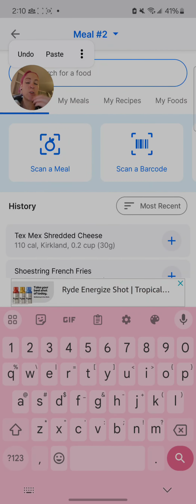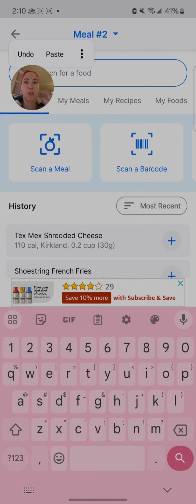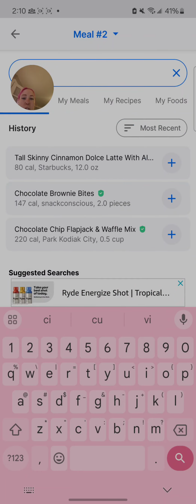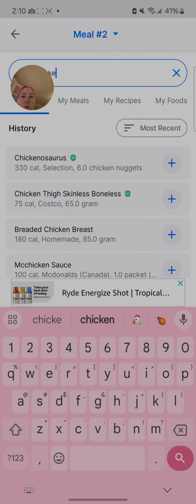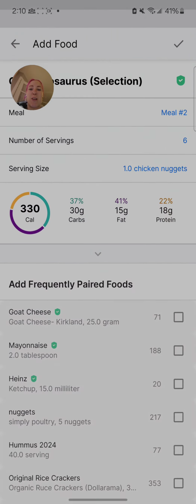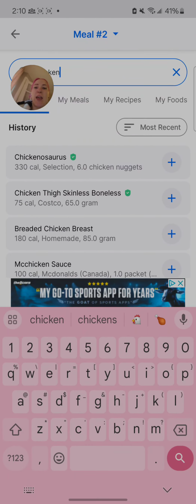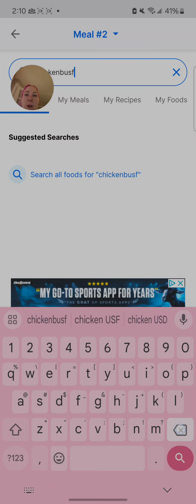You can also change what your meals are called if you don't want to go by meal numbers. You could label it breakfast, lunch, snack, whatever. And let's say I had chicken. Ooh. Can you tell I have some of my son's nuggets? They show up here. Chickenosauruses. So good. Chicken, and I will sometimes type USDA,